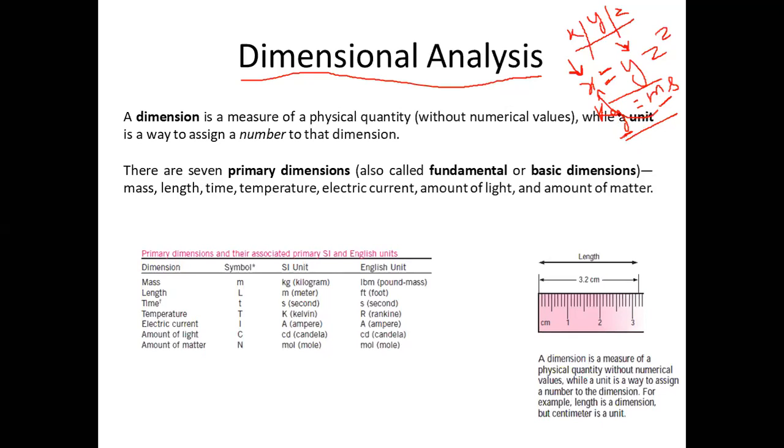If on the right hand side there are apples, then on the left hand side also there should be apples. Similarly, if there is a kilogram here, then on the right hand side there should be a kilogram. Fine. So after performing the dimensional analysis, I can validate this correlation that I developed here.